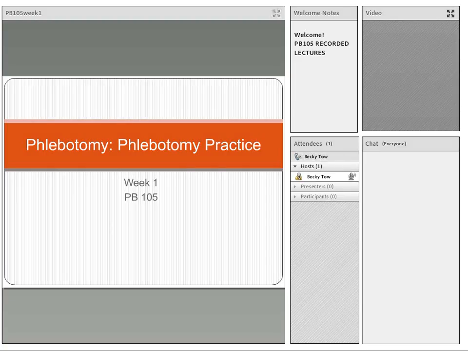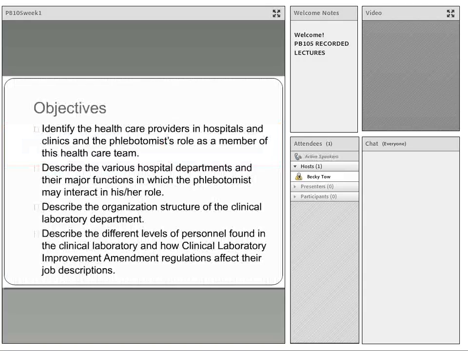For the first, you as the phlebotomist also describe different hospital departments in which they participate in a patient's health care, what the department does, and what your role as a phlebotomist is in that department. The organization there, what clinical lab, and what your